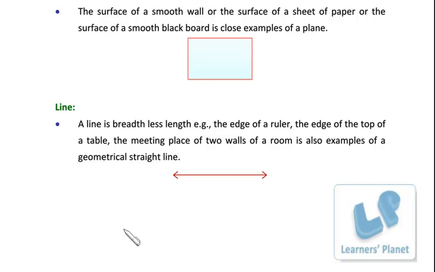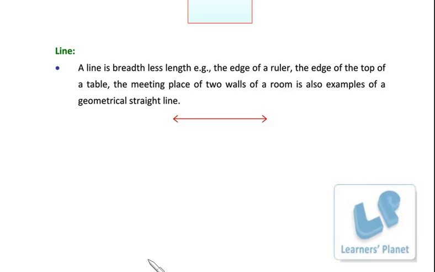So what is the difference between a line and a line segment? See, a line segment is this, right? When you don't see arrows on any of the sides, then it's a line segment. That means it cannot move on any other side. And if you see a diagram like this, this is known as a ray. It cannot move from this side, but it can move in this side. So the difference between line and line segment: a line can move in both directions, a line segment cannot move